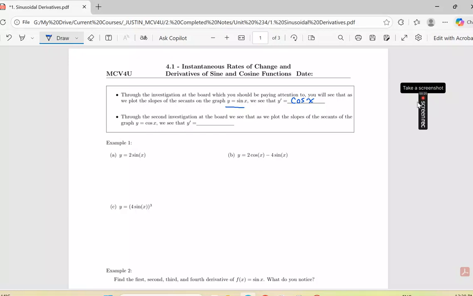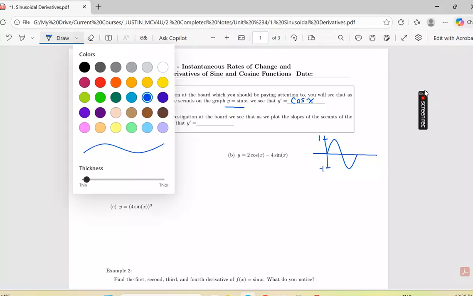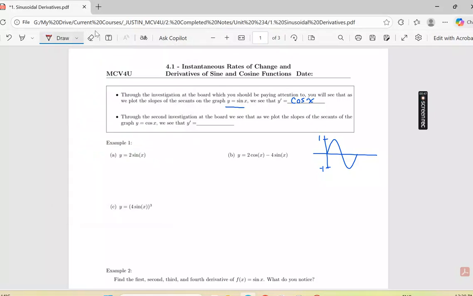And why is that? Well, if you think about what a sine graph looks like, and you can graph this on Desmos. So thinking back to what a sine graph looks like, this is a sine function, right? Very rough sketch. It goes up to 1, down to -1. And if you were to find the derivative of that function, you are essentially finding,